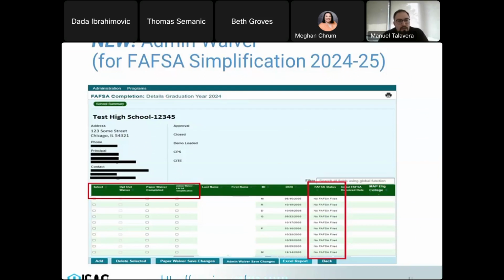So really, and this is a last attempt, right? Because the FAFSA graduation requirement isn't there to stop students from graduating. It's there to provide information for the students to be aware that if they decide to go to college, they could be eligible for some free money, right? And know that, hey, this is how much money they could be potentially leaving out on the table.